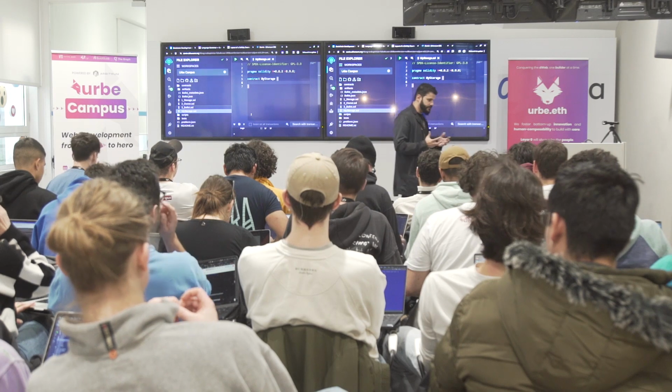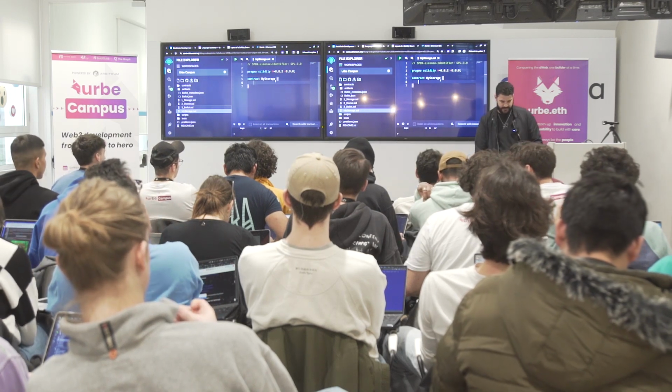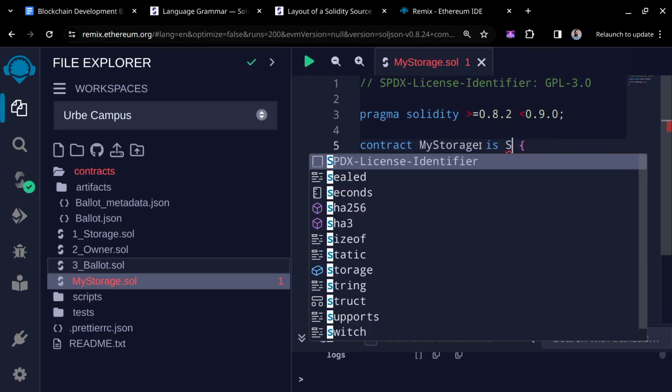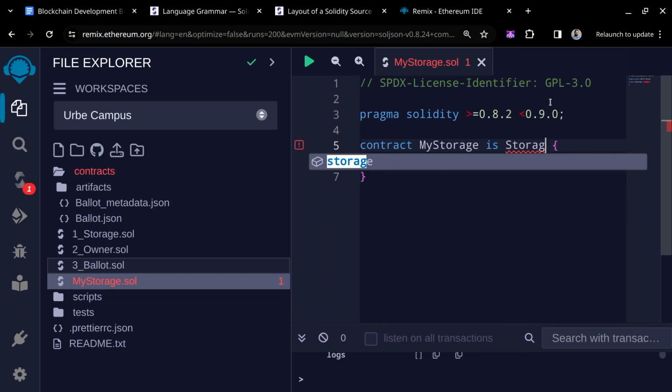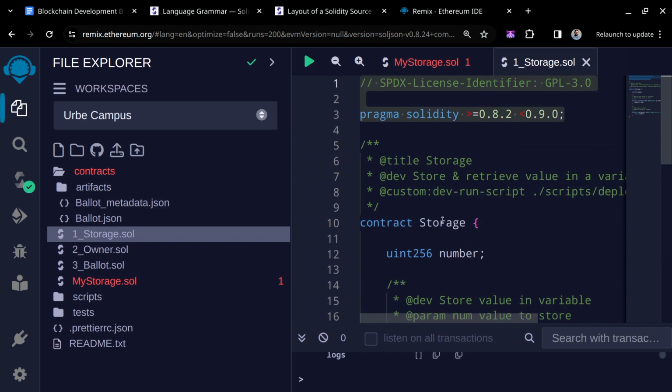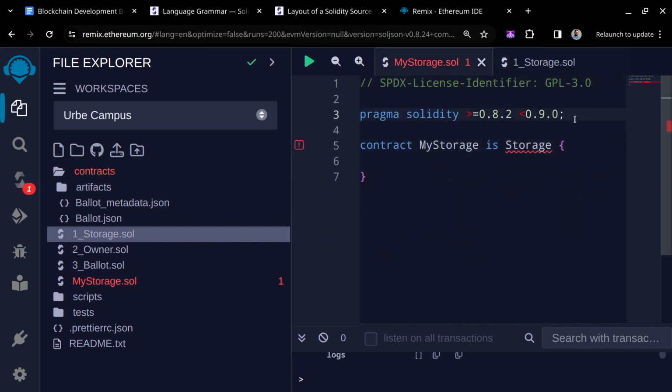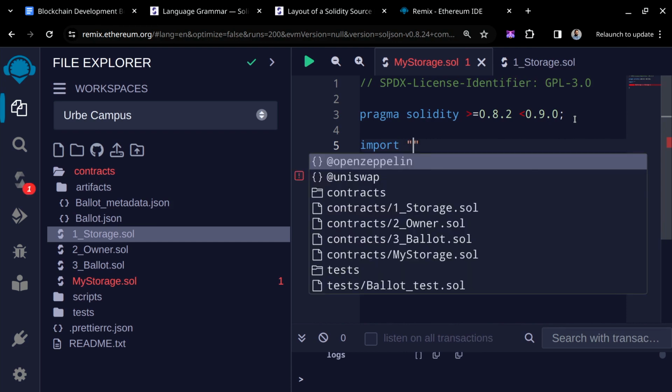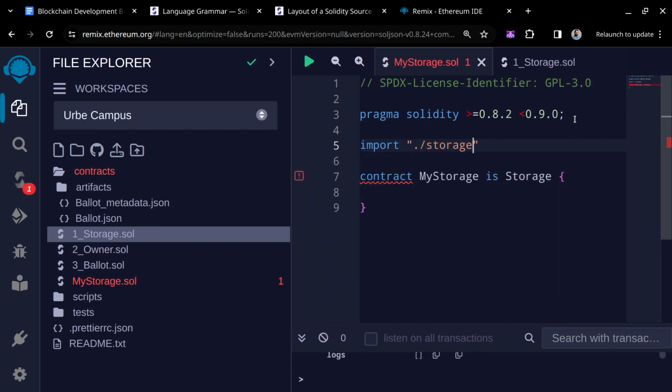There is, for example, inheritance. My storage is storage, and I could import it here. Import storage.sol. That works. So you have like a copy. Yeah,